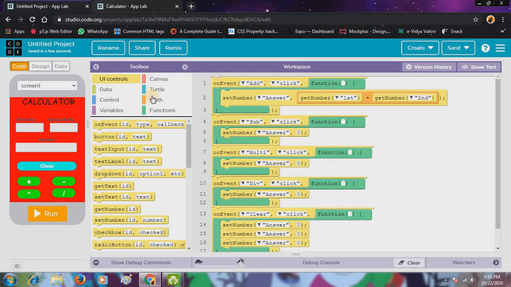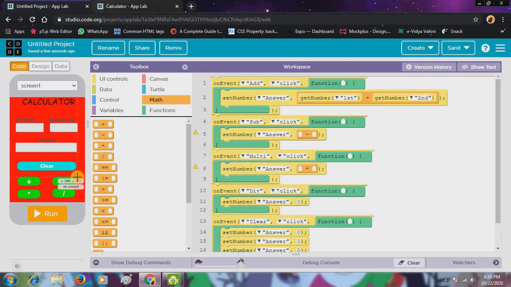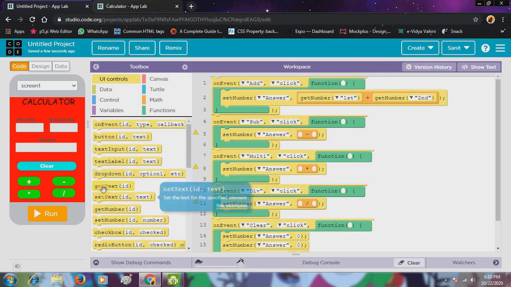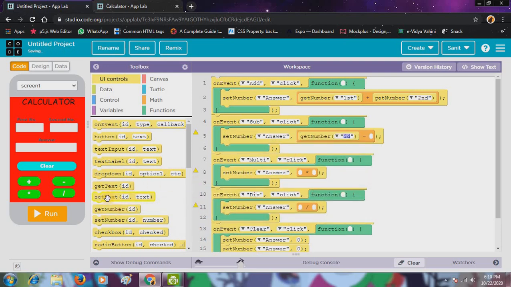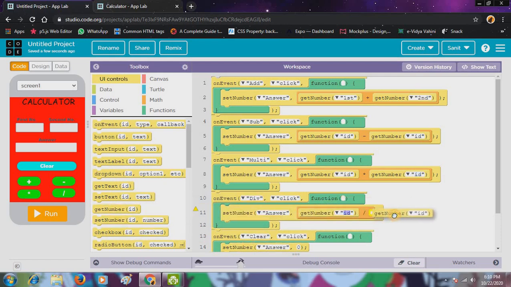Now again come to math and take minus for subtraction, multiplication for multiplication, division for division, and then come to UI and get number, and get number, and just write ID first, second. So our code is complete.